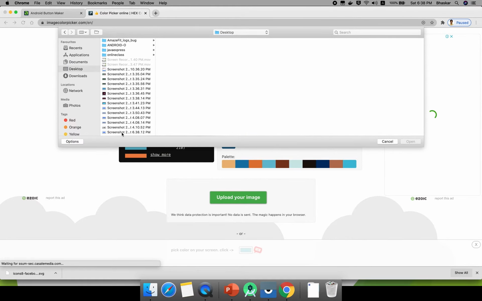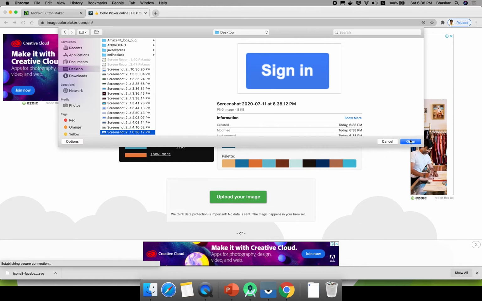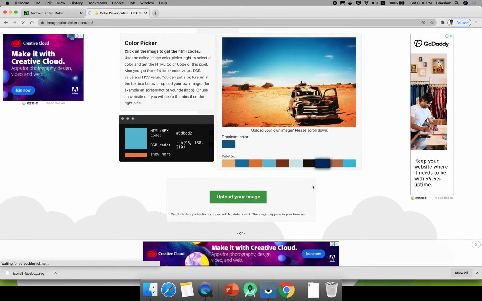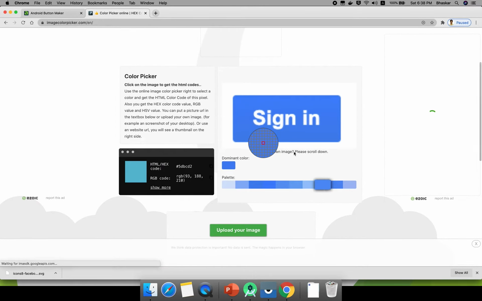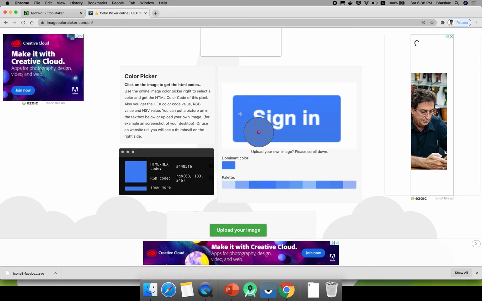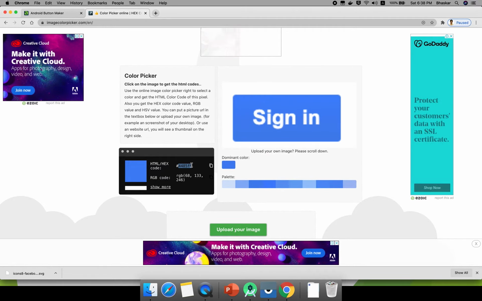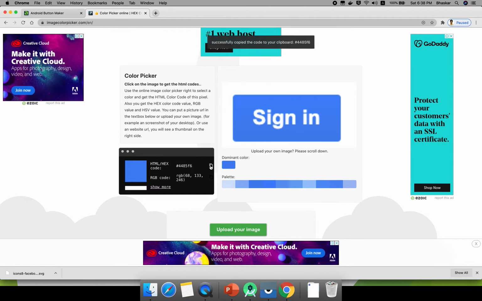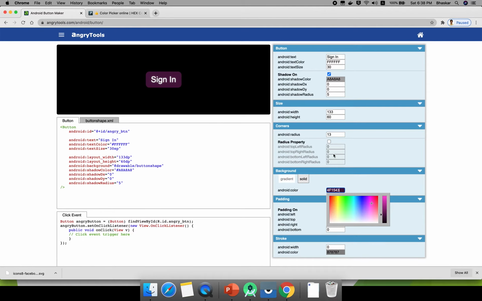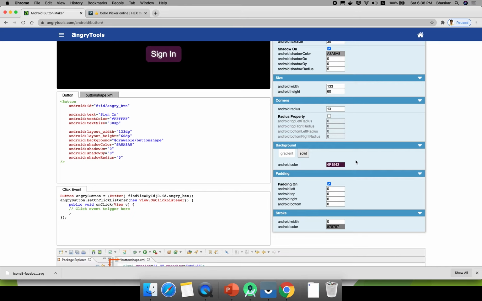This is the sign in, I took the screenshot, right? Once you upload it here, if you highlight any color on the sign in, you will get the exact color. When I click here, you can see the hash code. This is the hexadecimal code. Just copy it: 4485F6.